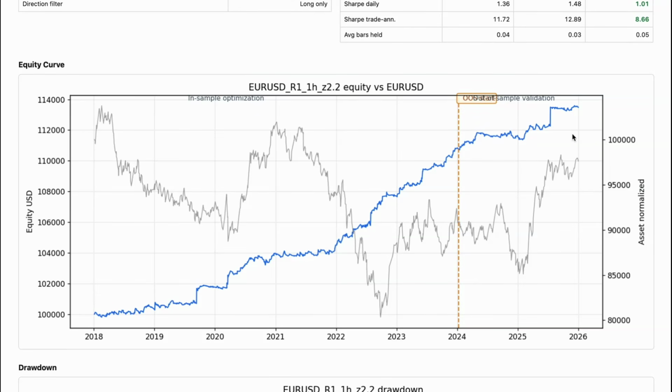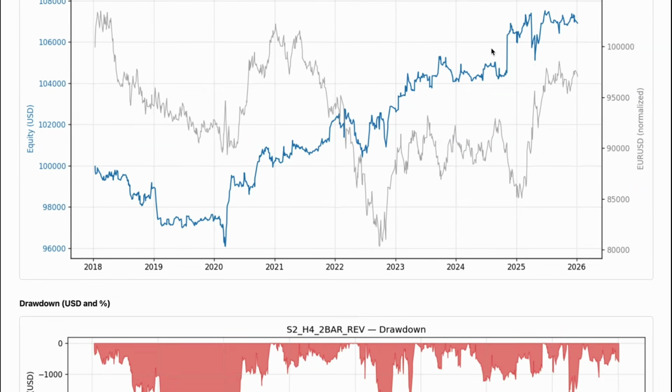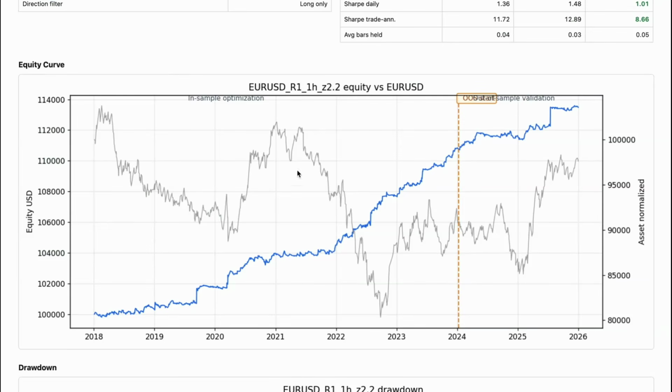equity line. It seems really good because it optimized until 2024, and that was way better than the previous one, as you can see here. That was the raw logic, with no optimization. This is with optimization, and it's way better. In this case it's in sample and out of sample, and as you can see on the gray line here,